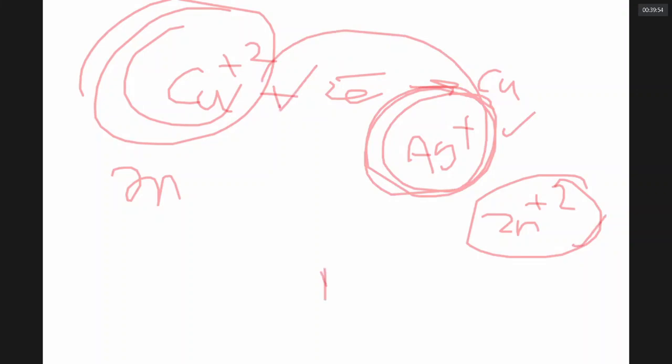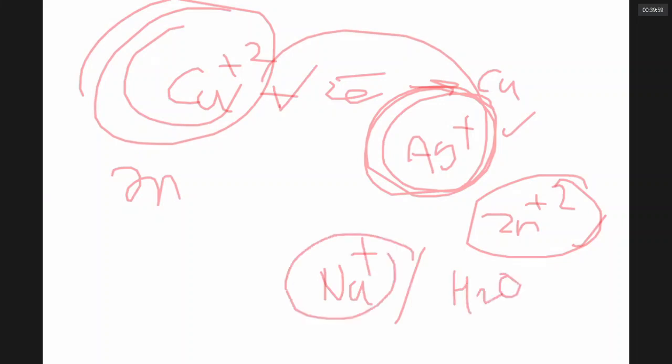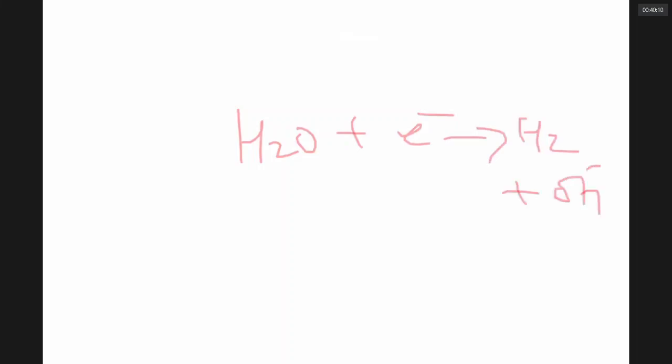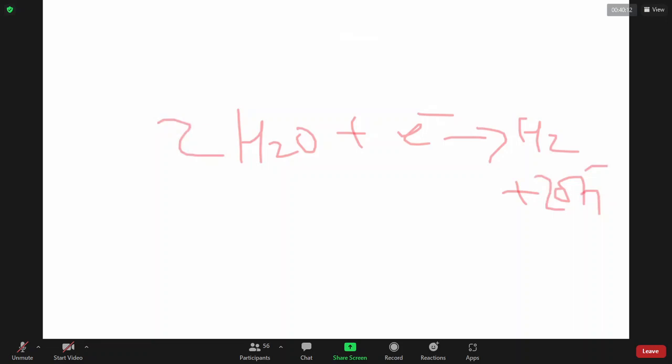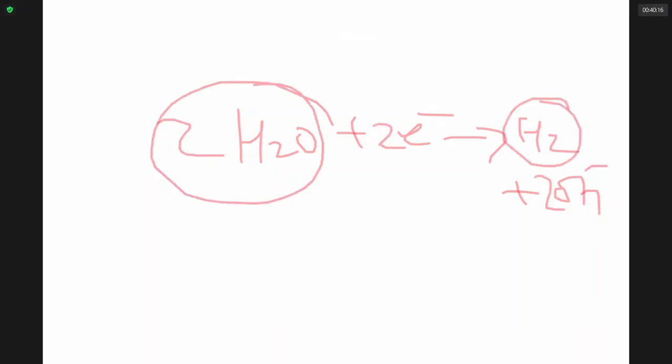If I am putting sodium ions in water, the electrode potential of sodium is negative, whereas the electrode potential of water is positive. Water will urgently gain the electrons to become hydrogen gas and OH minus ions. Notice, the one with the higher reduction potential, water, reduces fast, and the sodium will not reduce. Are we very clear? Hello? Clear.